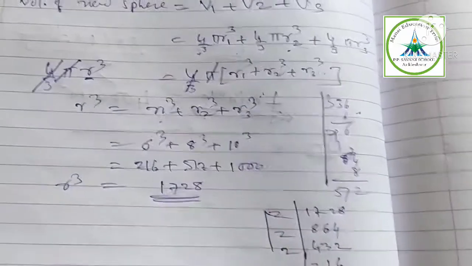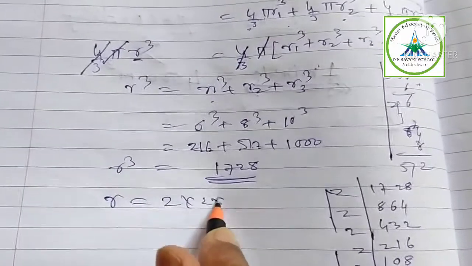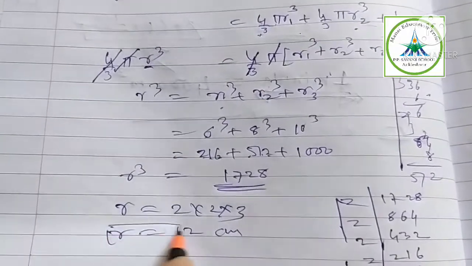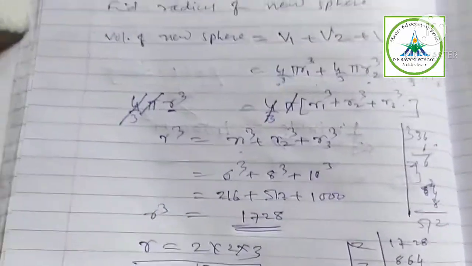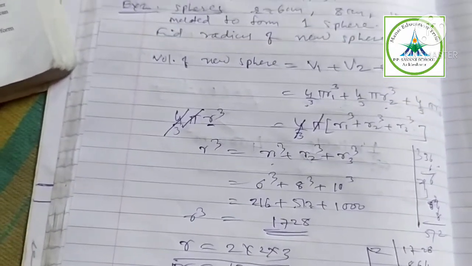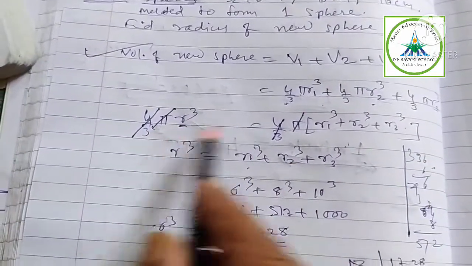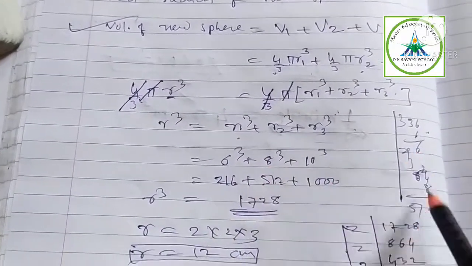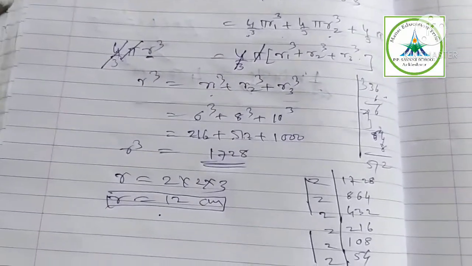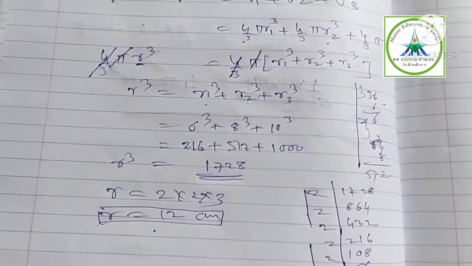See now, for cube root we make groups of 3, 3. So r equal to 2 multiplied by 2 multiplied by 3. So r equal to 12 centimeter. So the radius of the new solid sphere is 12 centimeter. Is it clear, children? Very simple. Now please think properly, and what is important is this combination: writing the formula, the cancellation, and the cube. Be careful. If you don't know the direct cube, no tension, please do it in the column. No need to bother. Okay.